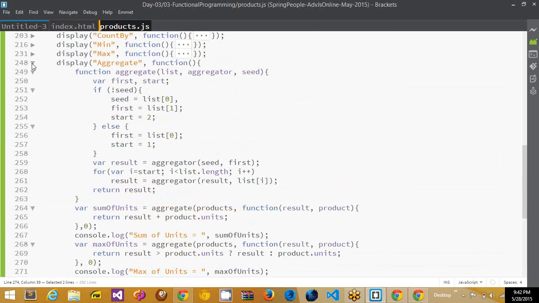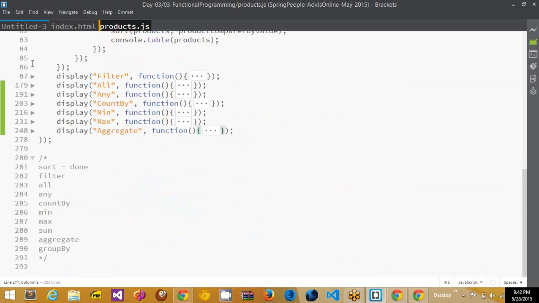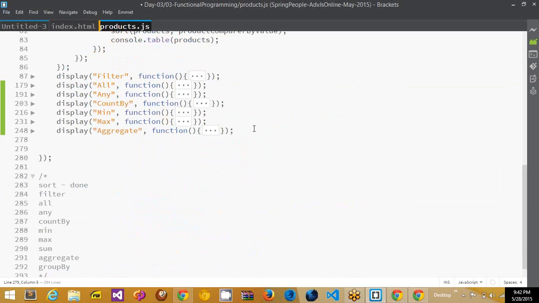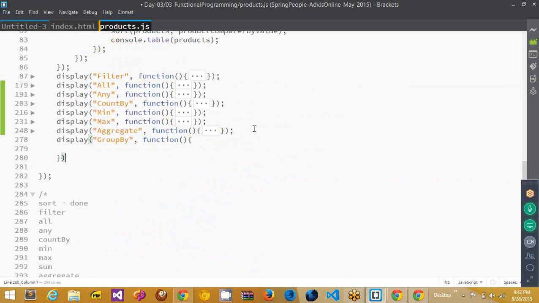Okay. Now this is about aggregate. You can write your own aggregation logic, whatever you want, right? You can write group by. Group by is a lot more interesting. So basically, what I want to do is I want the user to be able to group the items by something, right? What is that something? That something is what the user will decide. So let us write that. Display group by comma the function,